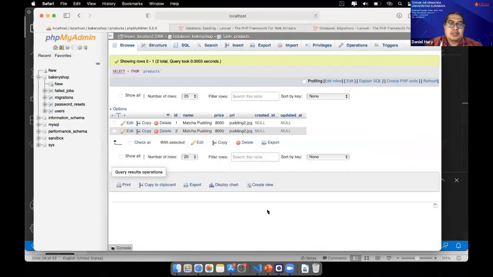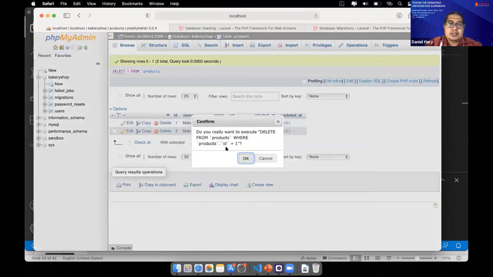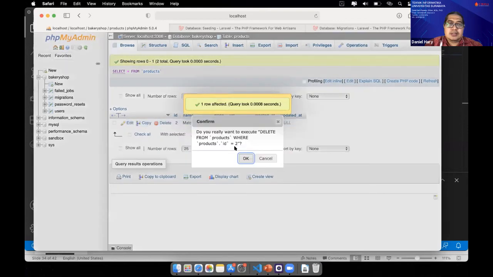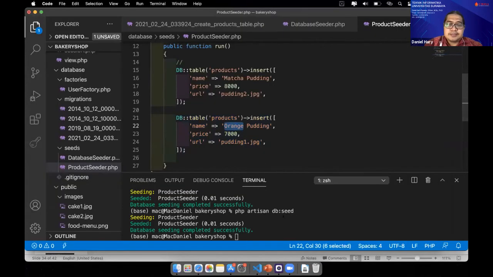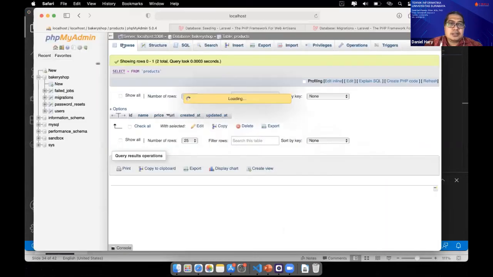But first, maybe we have to delete it manually from the database, so it will not be redundant. Okay, and then run the seeding again.